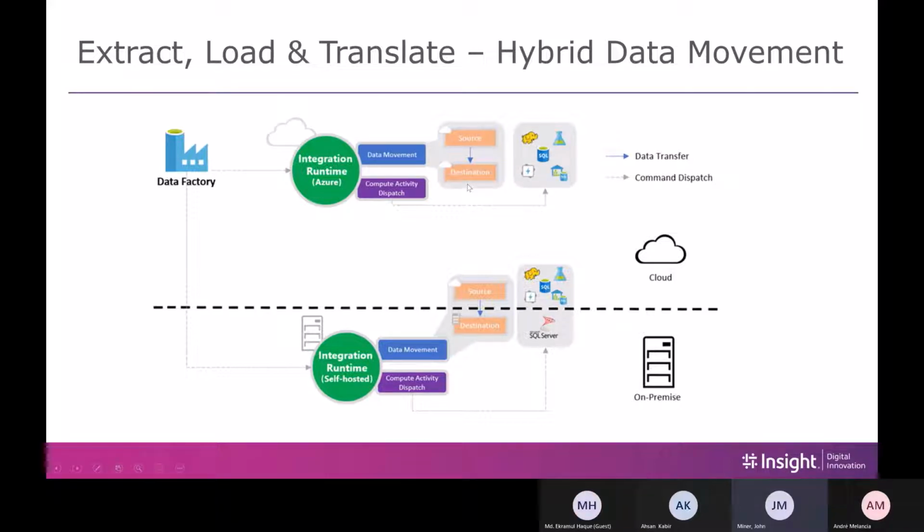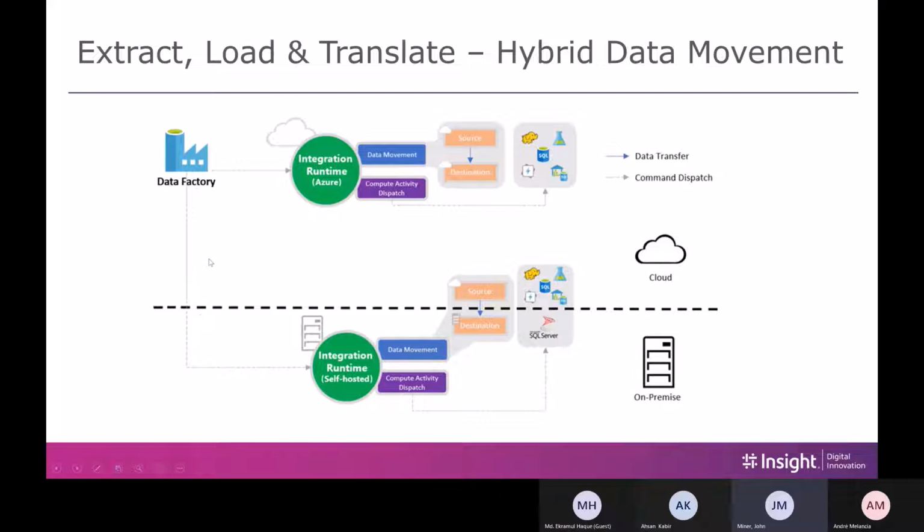data movement, okay? If we do it on premise, what we need to do is install a VM, and the VM can be either in your data center and run the data across HTTPS, or it could be on ExpressRoute. It's more secure because the packets are now on a backbone that doesn't go across the public internet. Last but not least, the location of this could be in the cloud, even though it's connected on premise with the